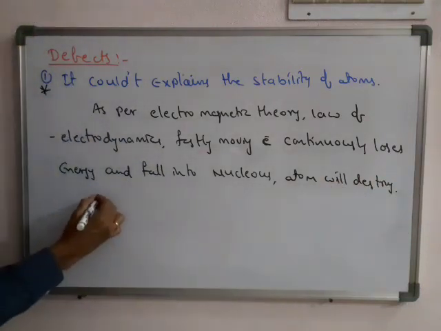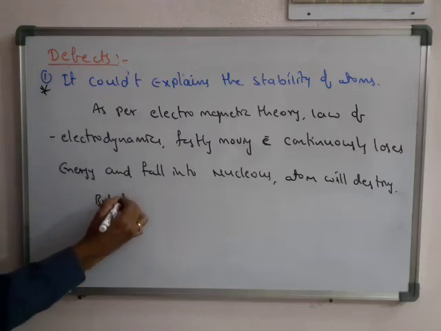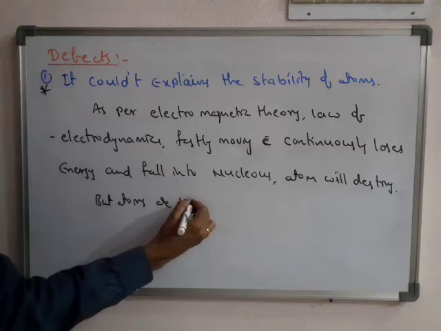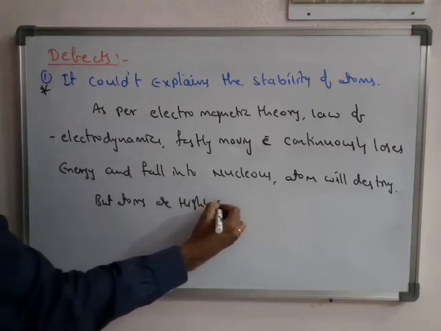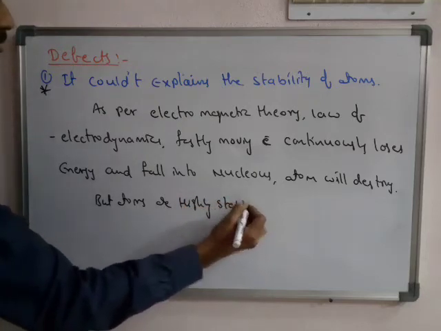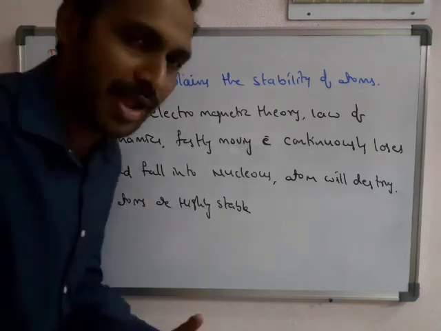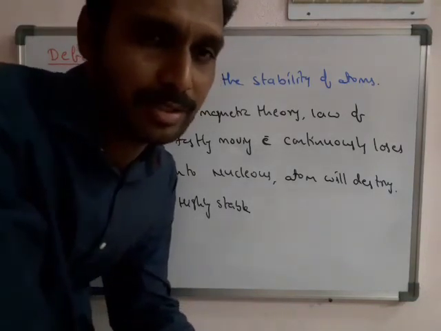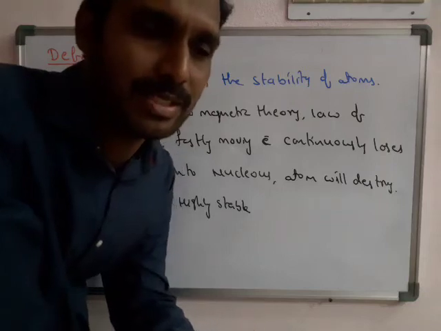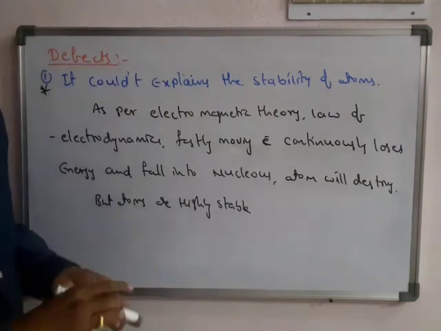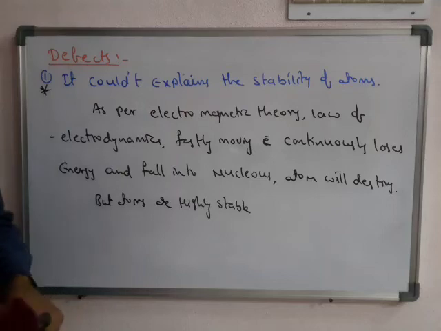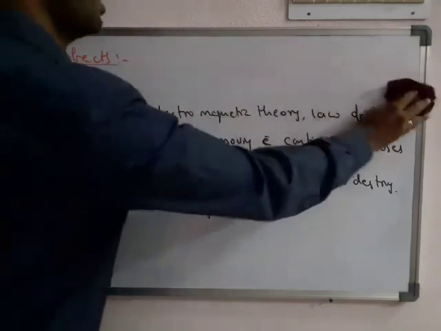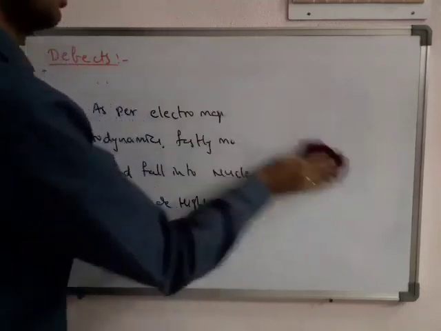But atoms are highly stable. Means the collapsing of atoms does not take place. So according to the electromagnetic theory, nothing but the law of electrodynamics, this theory is totally wrong. Next, one more defect, one more drawback in this theory